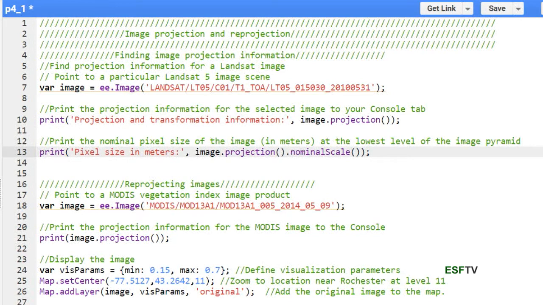We can also get the pixel size inside that particular image by using this function attached to projection that's called nominal scale. That's where I'm highlighting there on line 13. And that shows you the pixel size in meters for this particular Landsat image. And if we run this,